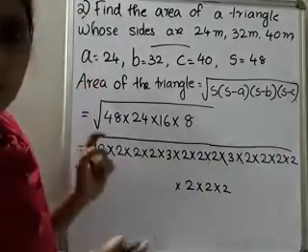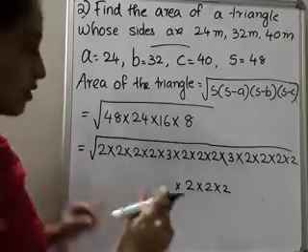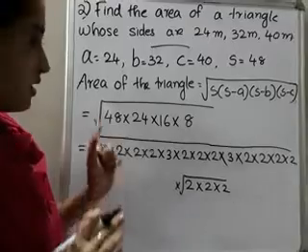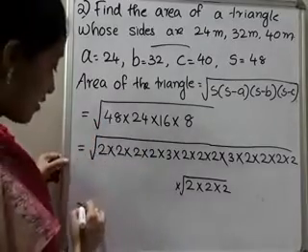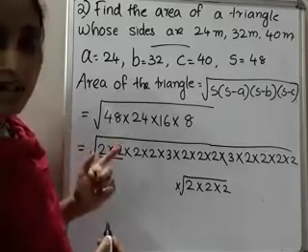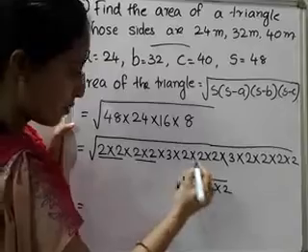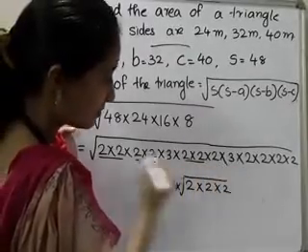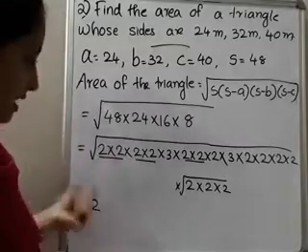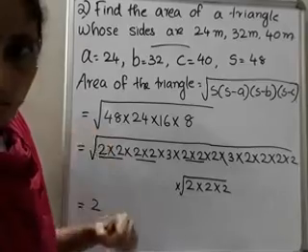So you have to write in one step, because there is not enough space here, that's why I am writing here. You have to write it fully under one square root. Then what you have to do is pair. You studied this in squares and square roots in 8th standard, is it? So what is one pair, two pair, then the next one. From each pair you have to take one outside. In this step you don't need to put the square root. Why? Because you are taking the square root.